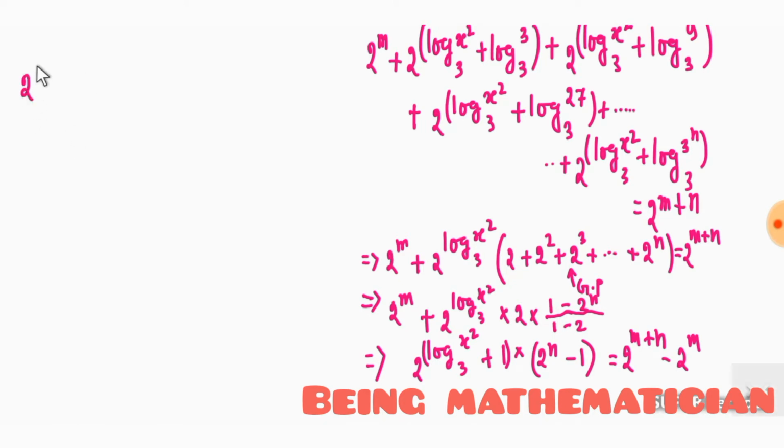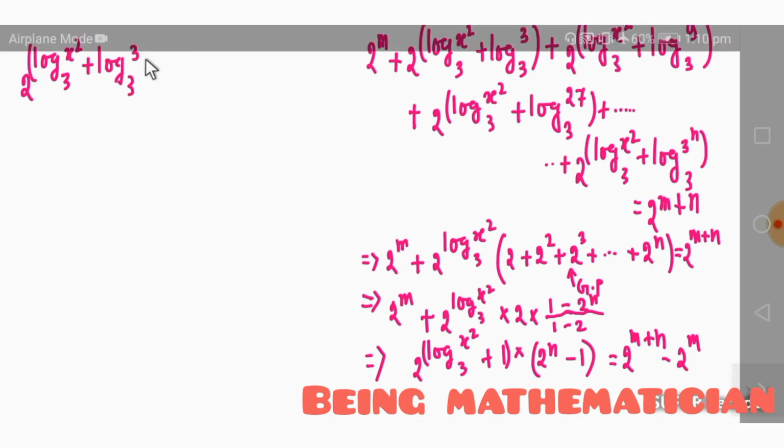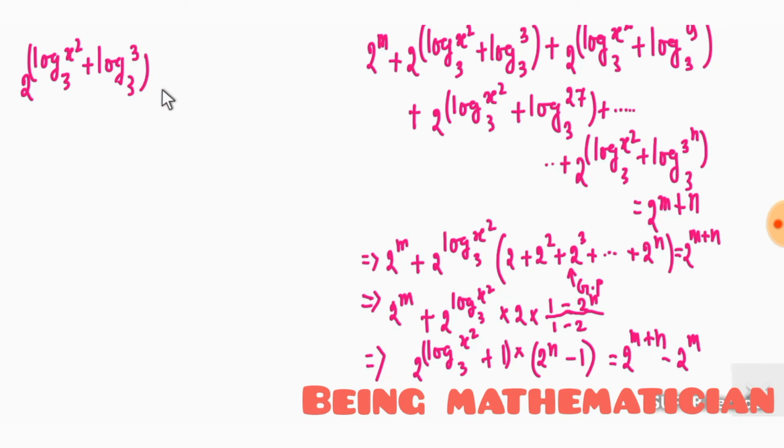Now we can write 2 to the power log x square base 3 plus log 3 base 3 into 2 to the power n minus 1. And from RHS, 2 to the power m is the common term, and now we get 2 to the power n minus 1. So we can cancel out 2 to the power n minus 1 from both of the sides, and now we get